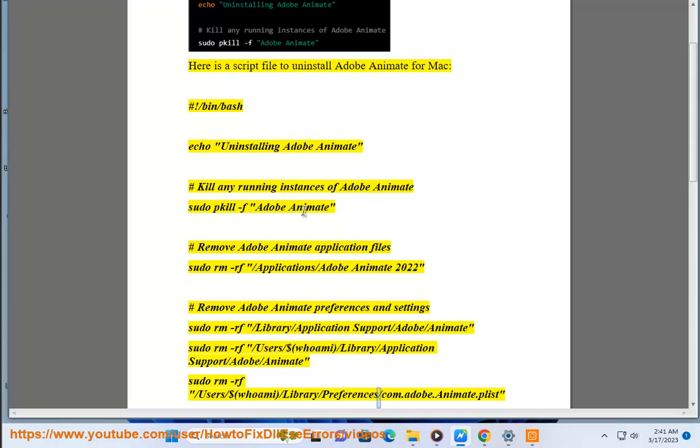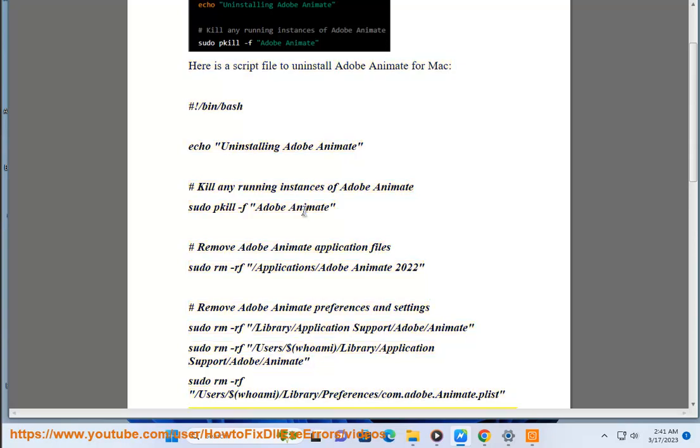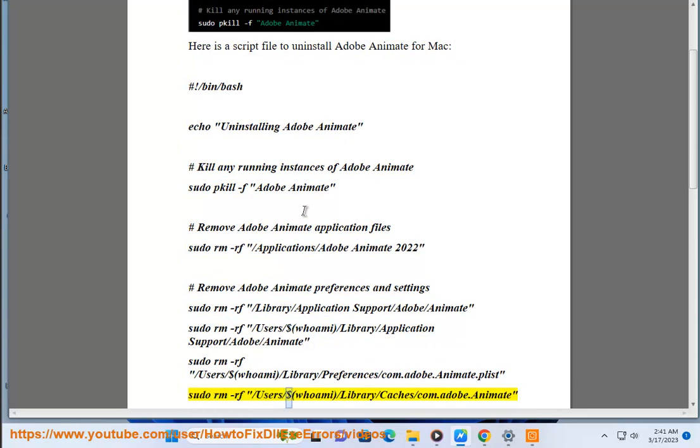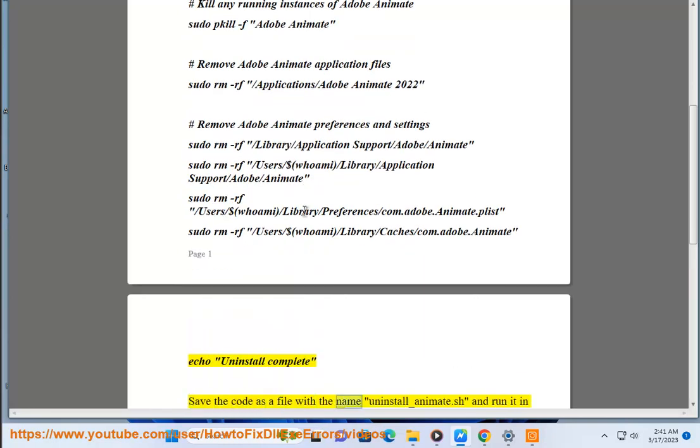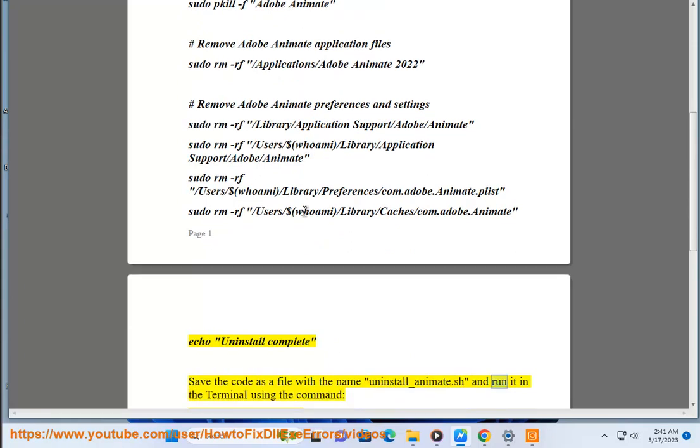(whoami)/Library/Preferences/com.adobe.Animate.plist sudo rm -rf /Users/$(whoami)/Library/Caches/com.adobe.Animate echo "Uninstall complete." Save the code as a file with the name uninstall_animate.sh and run it in the terminal